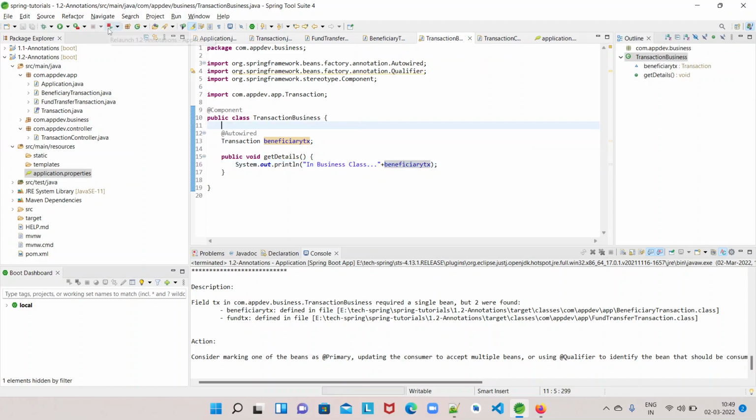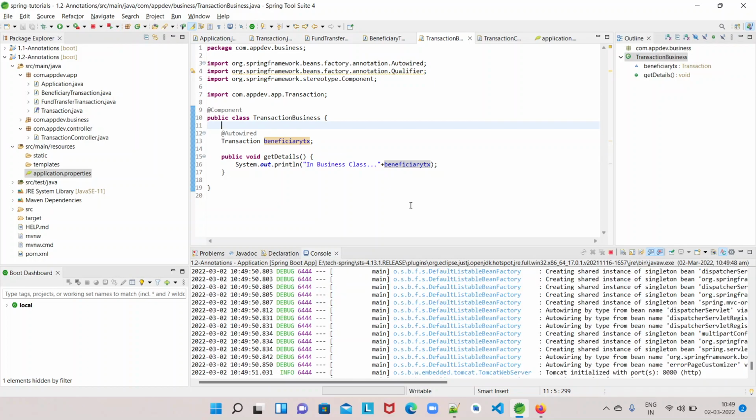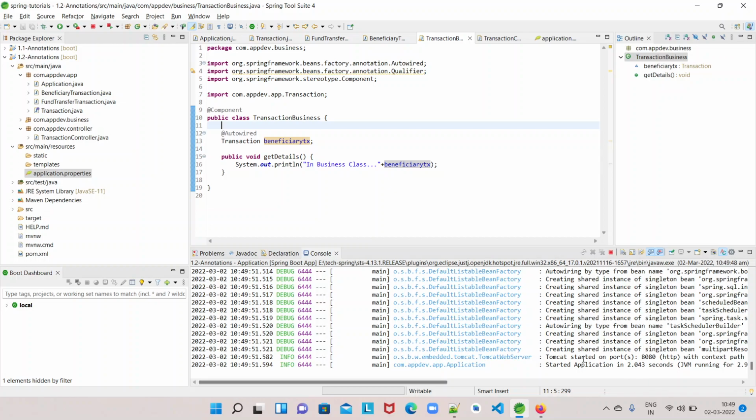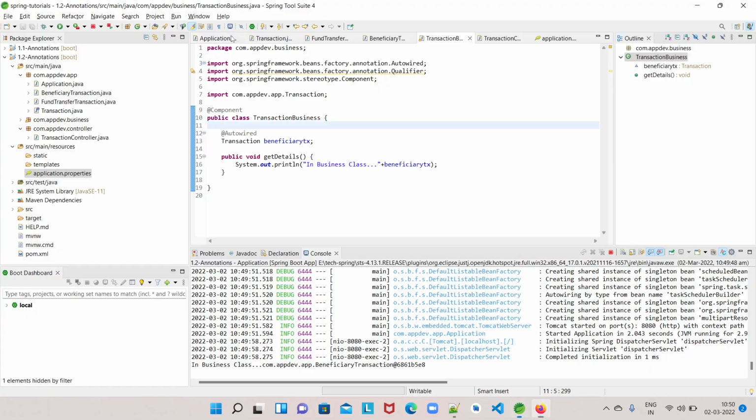Now let's see. The container is started, right? Now let us run this. If you see this in the business class, we are getting the beneficiary transaction. How is this happening?